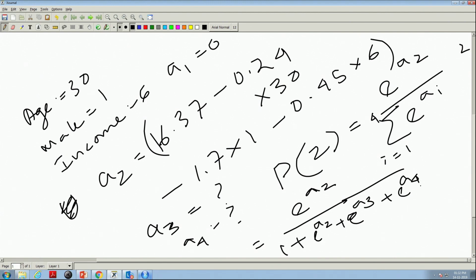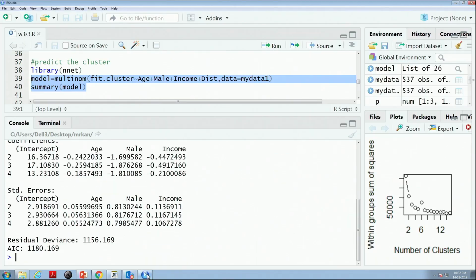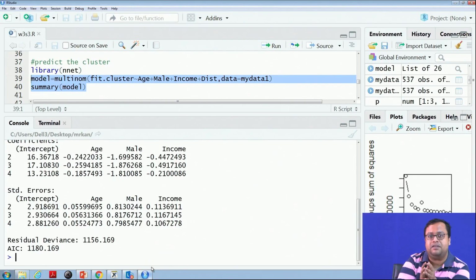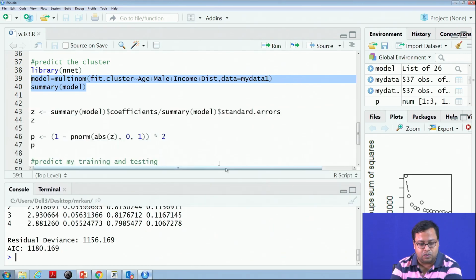Something like that will give me the probability that this guy will be in group 2, group 3 and group 4, and whichever segment's probability is higher, I will put that person in that particular segment. Similar thing we can do with LDA also, and I will not do that.